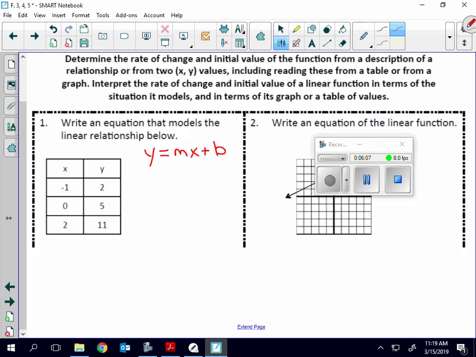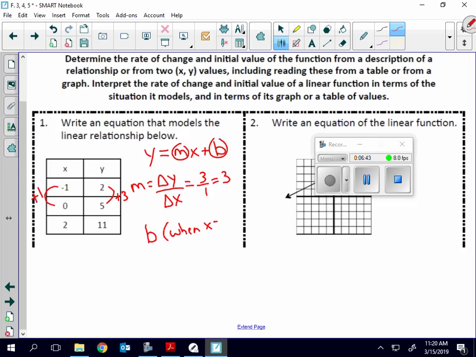Okay, so to find this, we need to find m and b. So m is going to be the change in y over the change in x. The change in y is positive 3, and the change in x is a positive 1. We're getting bigger by 1. So we have the slope equaling 3 over 1, or just 3. So slope is 3, and the y-intercept